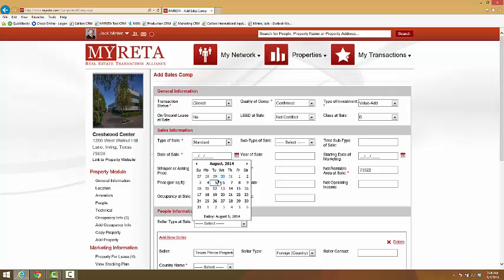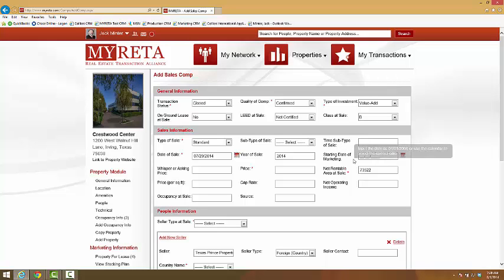You can click on this if you know the date. Let's say it's on the 29th. It adds in the year of the sale. If you know when it started being marketed, you could add that as well. If you knew the whisper price, you could put that there. If you didn't, but you just know the price, then you can put that in. Say it sold for $7 million,